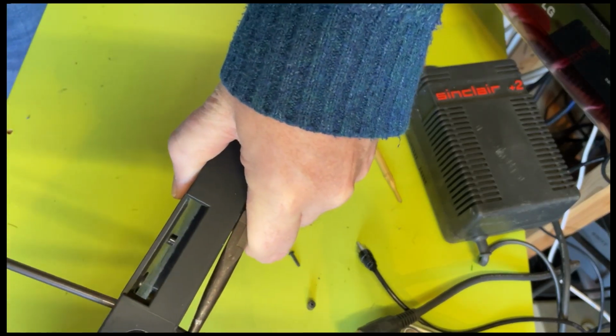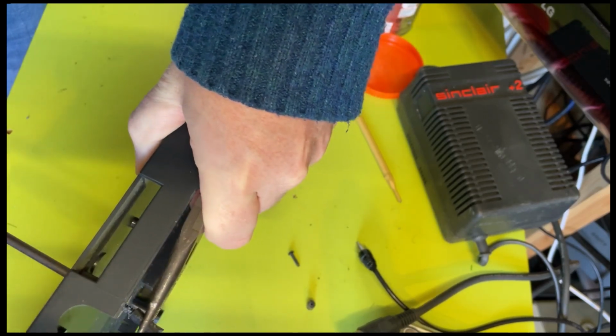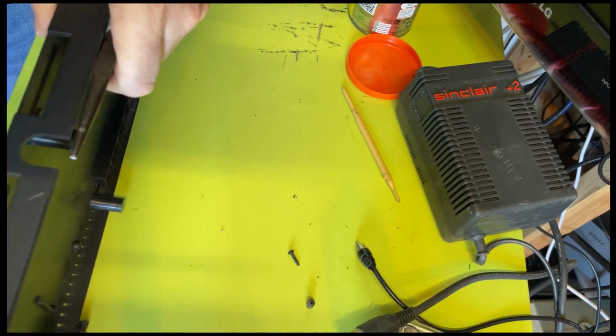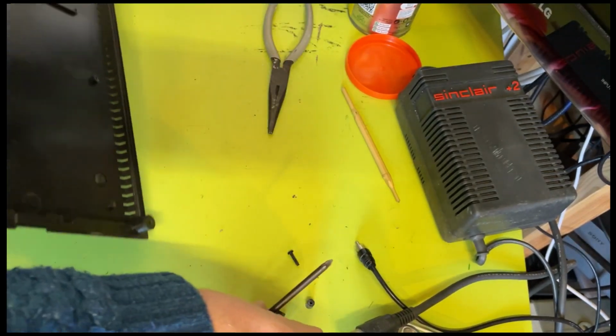Hang on, this is very tricky. So I've got to do that one. Is it coming off? Yeah, I think it is. So what I was saying was they probably just jammed it on as much as they could using a